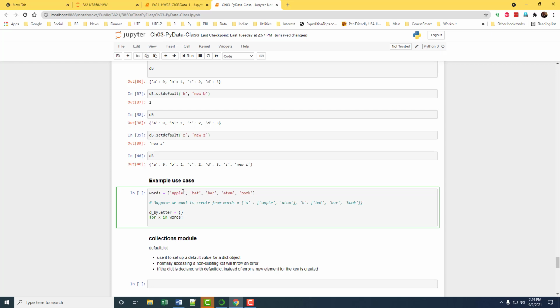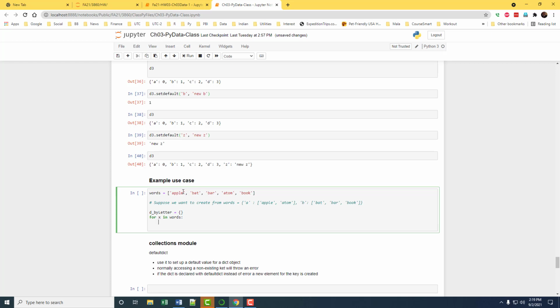What this will do is go through the words list and pick one element at a time and put it into x. Then you can do what you want with it.